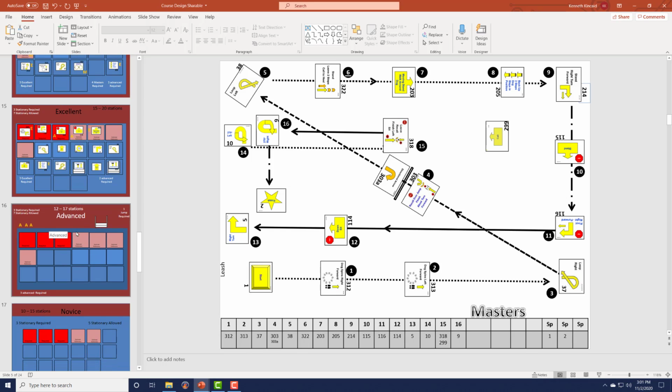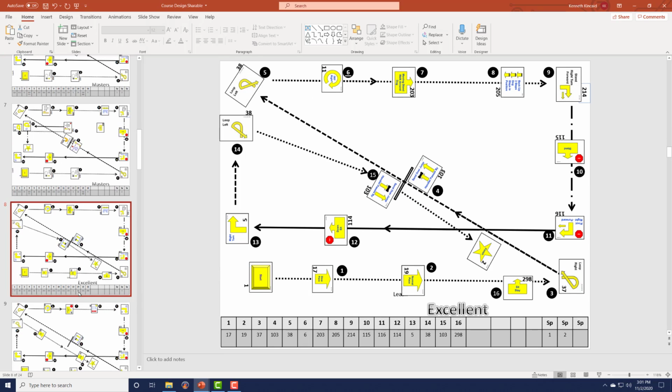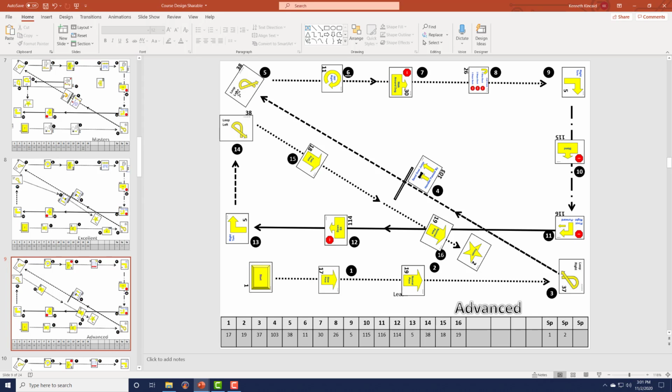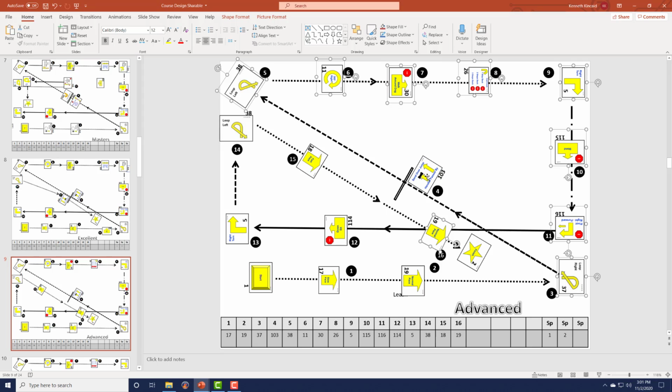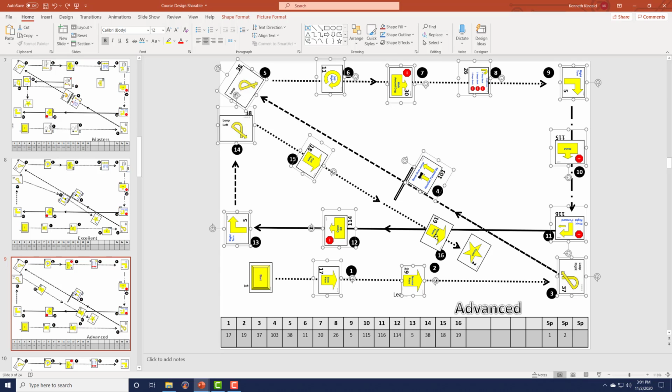So since there's nothing here in advanced, let me go down and do the legal check with advanced. So I'm going to select each one of the signs that has a station number. And once I've got all of them selected, we can check cut. If I left one out, undo, and I don't hit any other buttons. Hold down on the Shift key again and select that normal, and then I'm going to copy, and then I'm going to go down to my